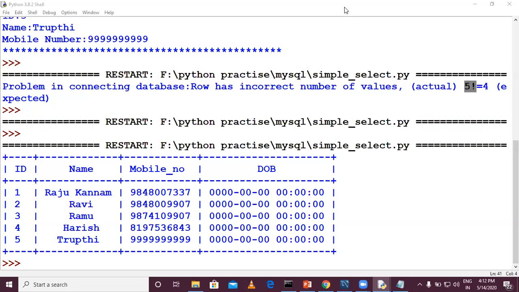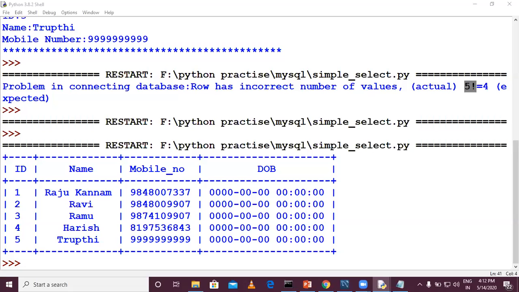So now I'll explain the program. Yeah, you can fetch one by one also, madam. You can fetch one by one, but for that what you have to do is fetch one, add to table, again fetch one, like that. If 100 records are there, 100 times you have to execute fetch one. If you execute the fetch all function, it will fetch all the records, even 100 or 1000 also.